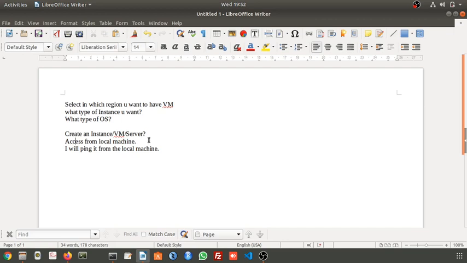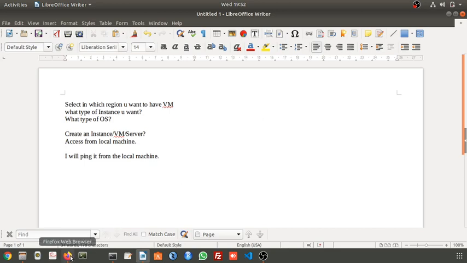Then I will assign an IP address to it, and then I will ping it from the local machine. When I get a response from the instance that I have created on the Amazon cloud, it means the instance is successfully deployed on the cloud. So this is what we are going to do now.